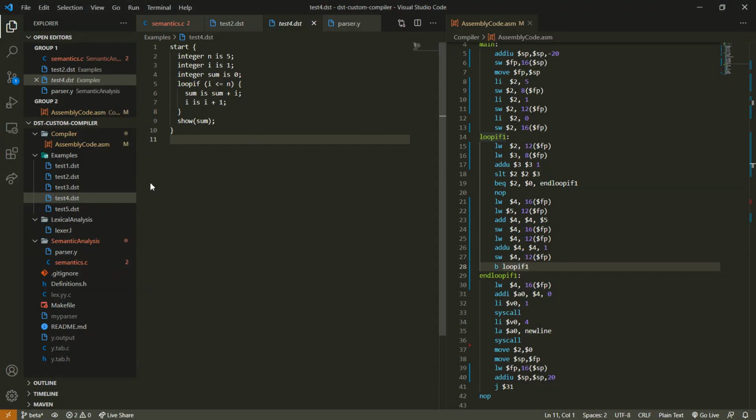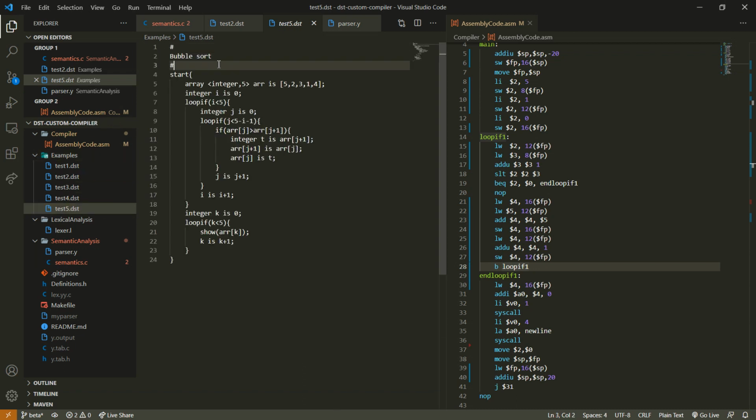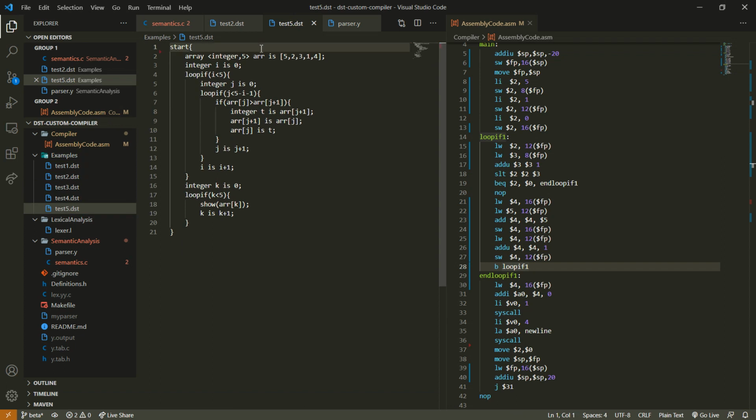Now moving on to the final test case which we have for now. This is the bubble sort. So here you can see a very simple and basic implementation of bubble sort. We have our array of size 5 and each is an integer. So we have this array 5, 2, 3, 1, 4. Now we have a counter i initialized to 0. We will be looping, and within that loop we will put another counter j. As we know, in bubble sort we have n square complexity. So this j is a counter which will be less than 5 minus i minus 1, as 5 is the size of the array. So this is the swapping condition.